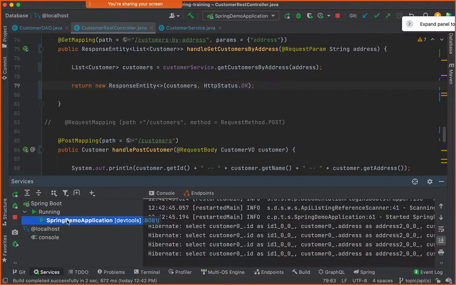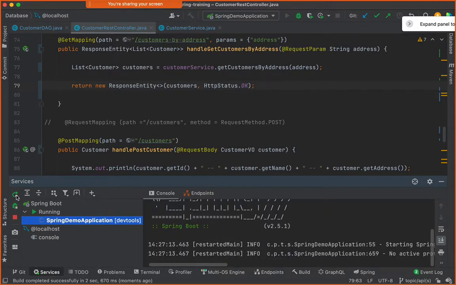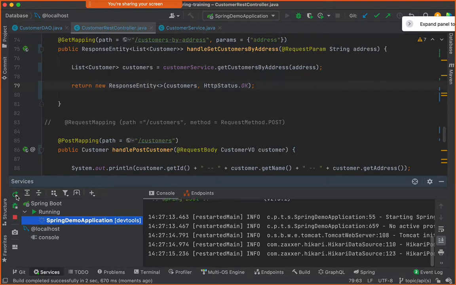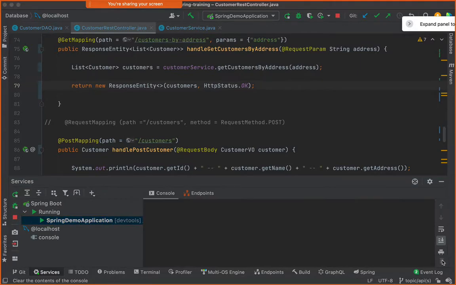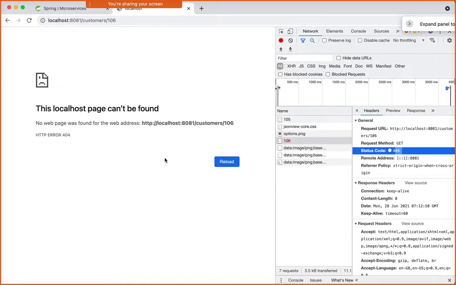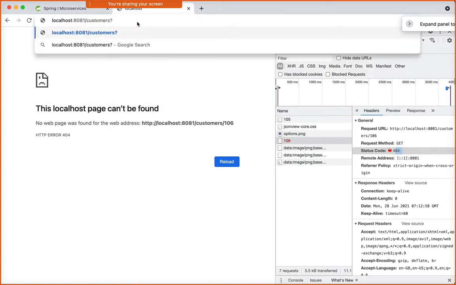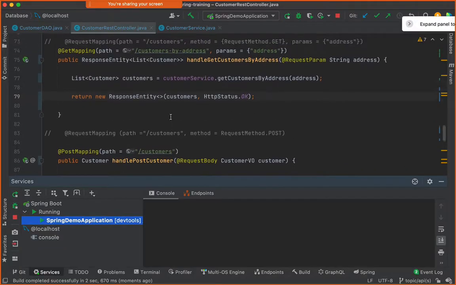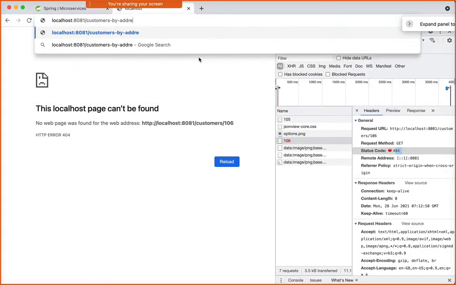Take a look. Now I am sure you know very well and you understand the concept of the layered pattern. You understand REST controller calls a service calls a DAO, and DAO in turn makes a call to the repository. Correct? Let me go back here to Chrome, and then you say customers, and I say question mark, or else no, what is the API? Customers by address, and hyphen by address question mark address is equal to